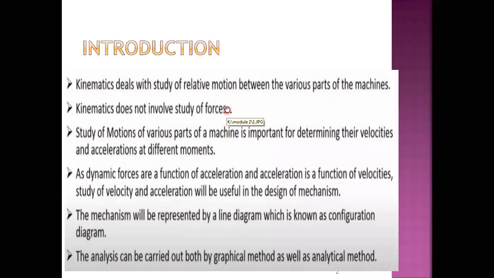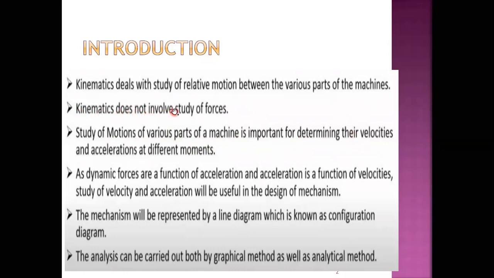One is KOM, that is kinematics of machines. One more is DOM, that is dynamics of machines. Dynamics of machines will come in the next semester. So kinematics is what you are studying at present. The KOM subject deals with the study of relative motion between the mechanisms, so you are not going to find any forces. Forces between the links as well as mechanisms are found in the subject called DOM. But kinematics of machine is the subject which deals with finding the relative motion, like the study of the velocity or acceleration at different positions or movement of the mechanisms or any links.